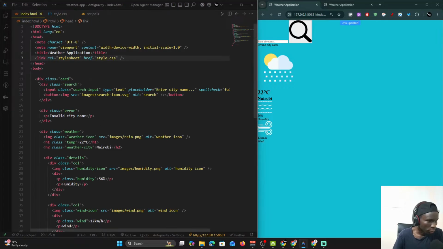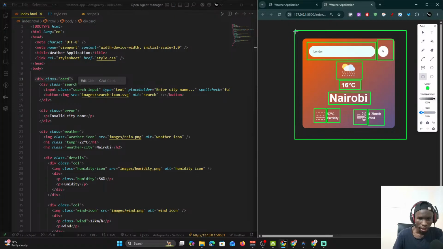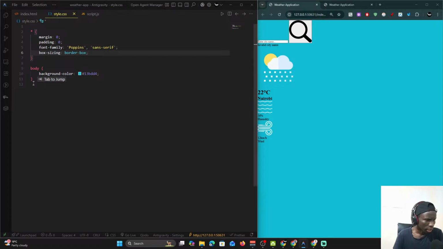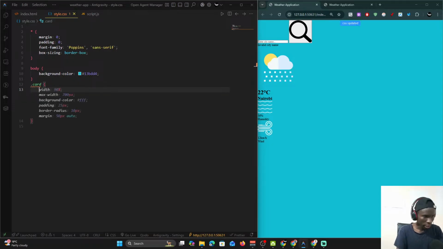So we can now move to styling this container. This container is the entire card. The entire card is the one that you're actually styling at the moment. So let's see how we can make these items actually now appear to be on a card. Okay, so let's do the CSS background color. Then you can now use the class selector. For the class selector, we are using the card. So that's our class selector. So for the card,